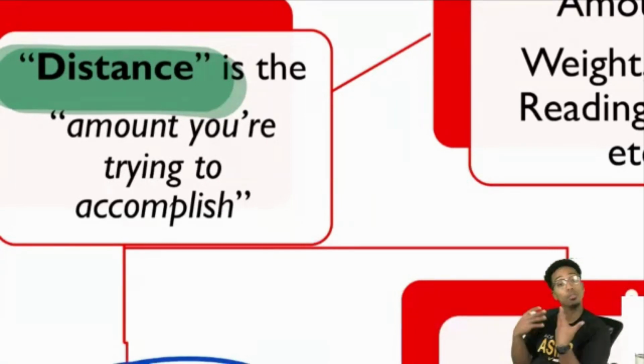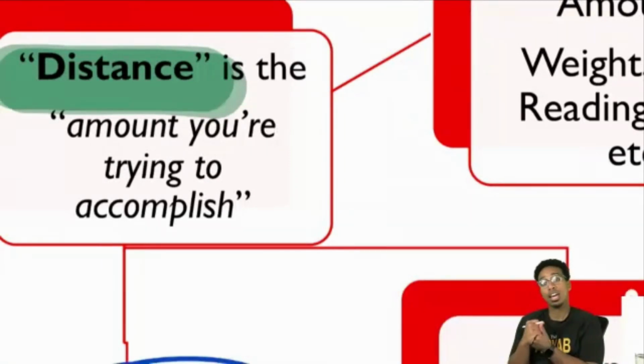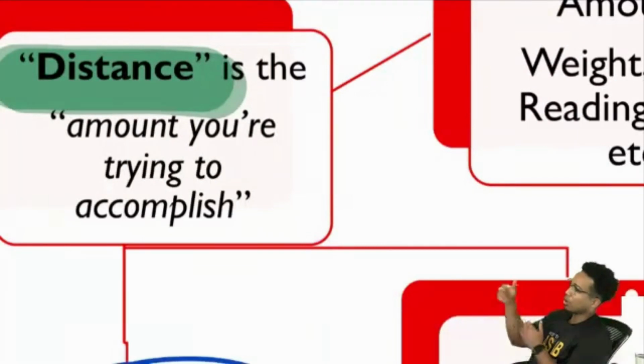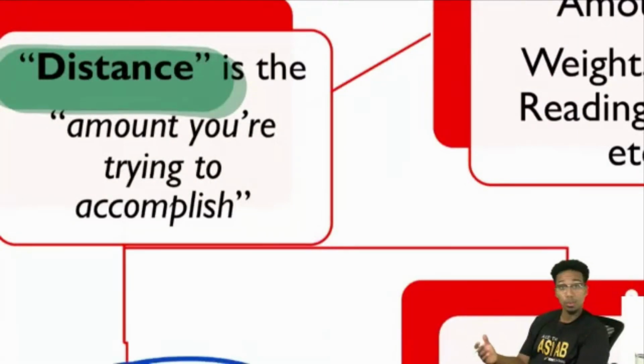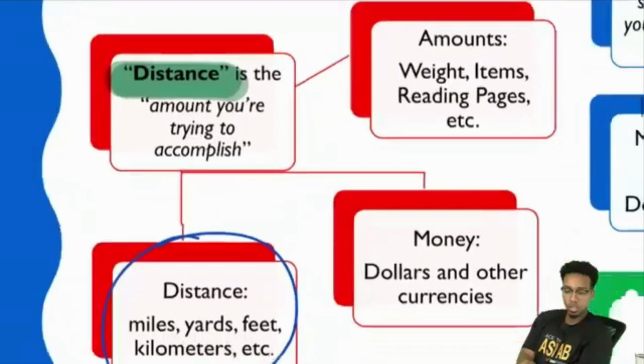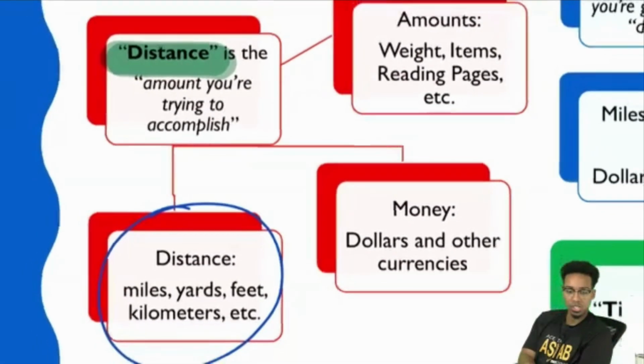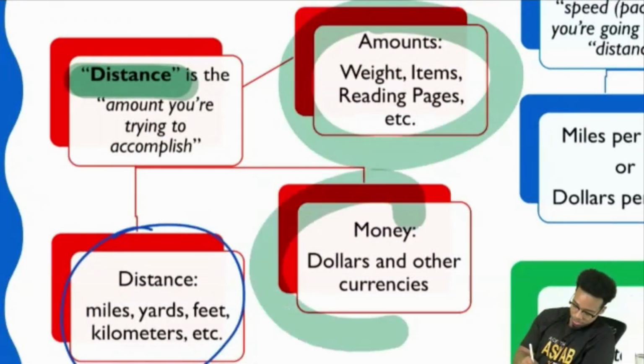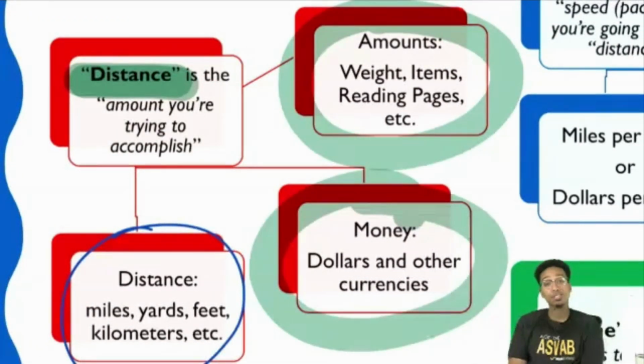Most familiarly, you're used to seeing it as, how long will it take to bike those 22 miles? Or how long will it take for the train to go 172 miles? We're used to that, right? So don't worry, that's not going to change. But I need you to understand that distance is not just distance. It is also amounts and money. Money is also considered distance.